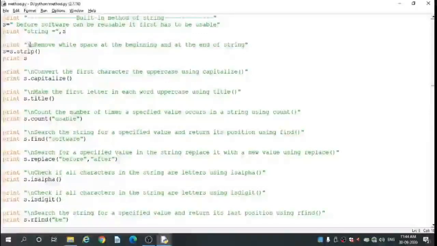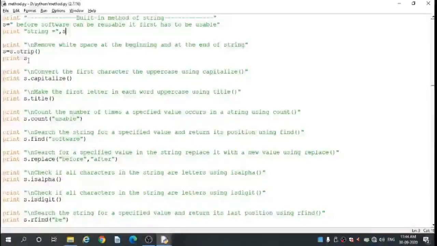Next, print in double quote \n, remove white space at the beginning and end of the string. So here s is equal to s dot strip, the strip method is used. It removes the white space at the beginning and at the end of the string.